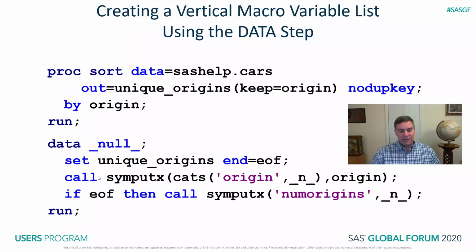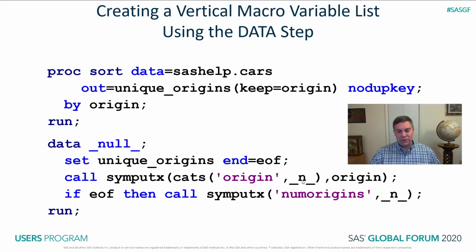Then we have a call SYMPUTX. This first call SYMPUTX will execute every single time through the data step. For every record that we read from unique origins, we'll write out one macro variable. So you'll notice the first argument to call SYMPUTX is actually a call to the cat_s function. Cat_s also does string concatenation, but unlike cat_x, it doesn't insert any delimiters, which is fine because we don't need that here. All we want to do is take the word origin and append the numeric value representing the current